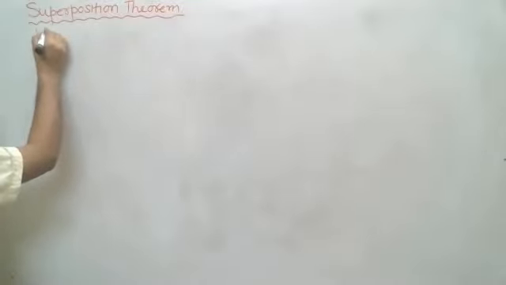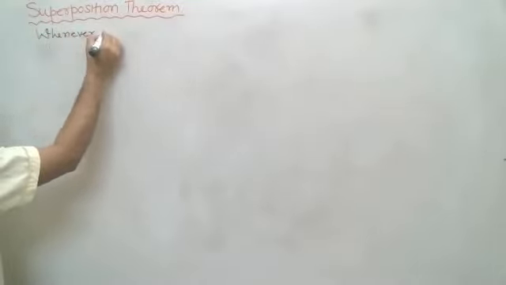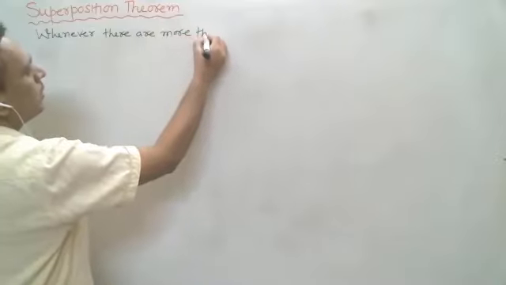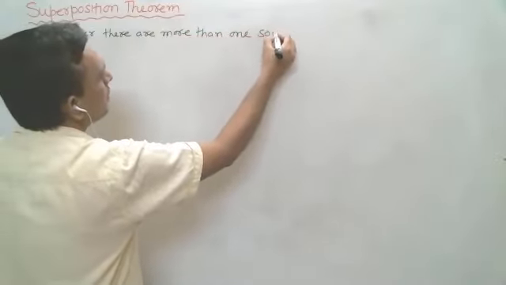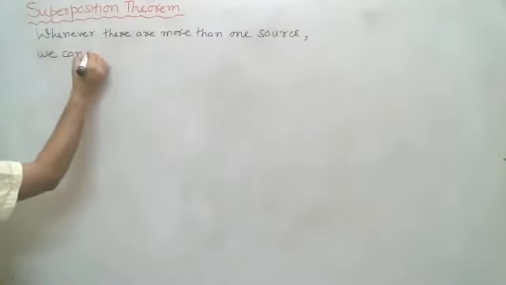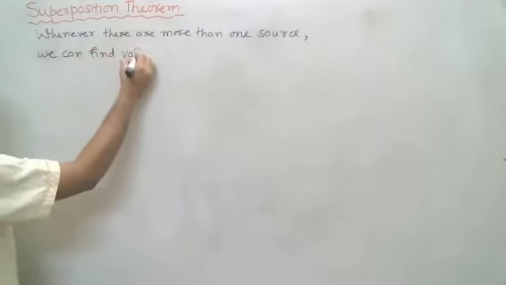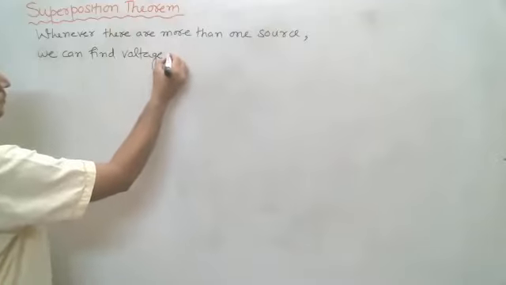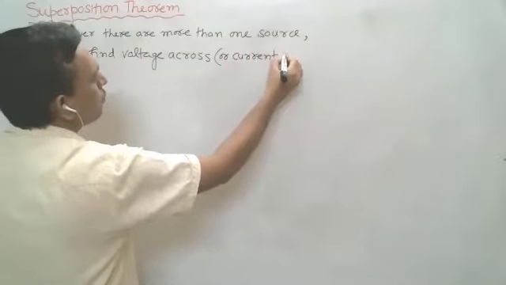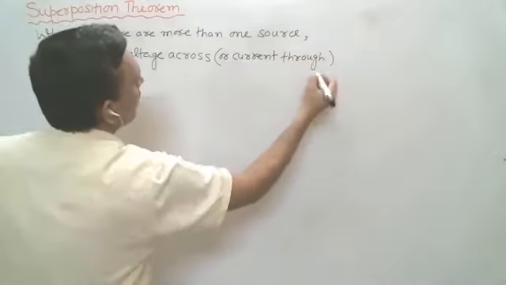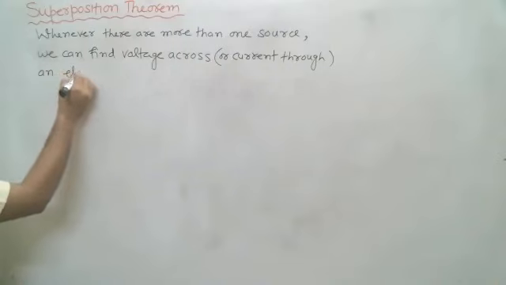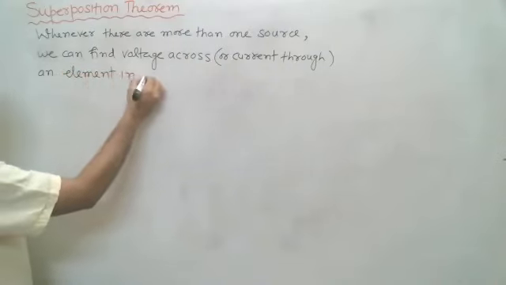So you can write, whenever there are more than one source, we can find voltage across, or you can say current through, an element in a circuit